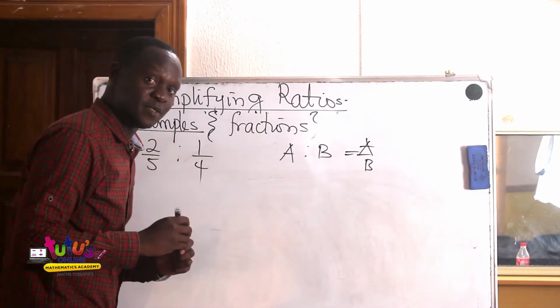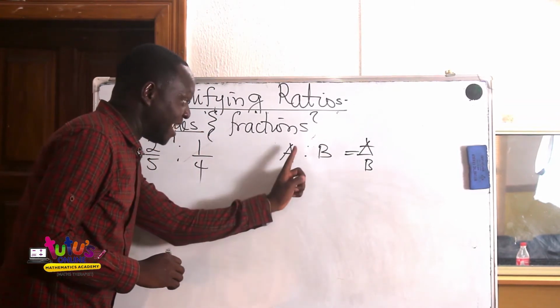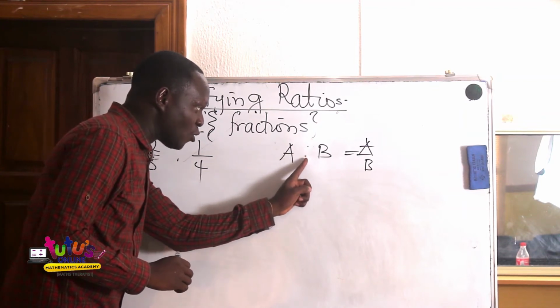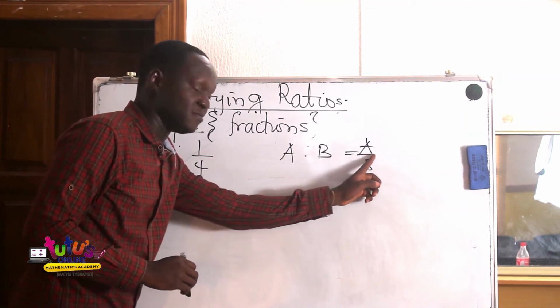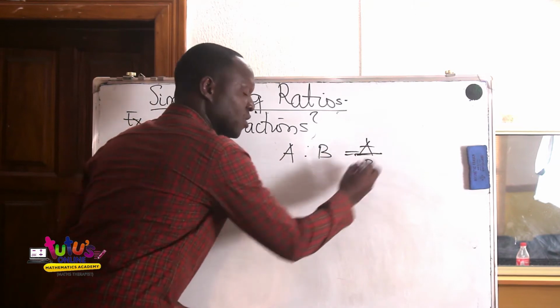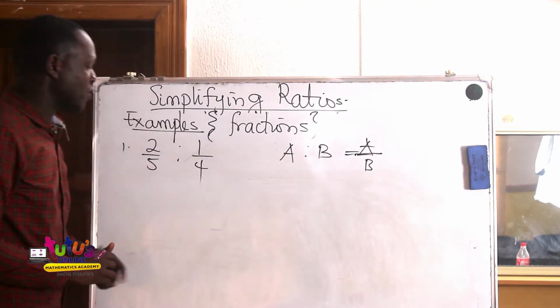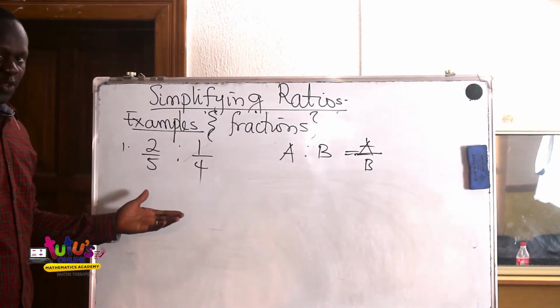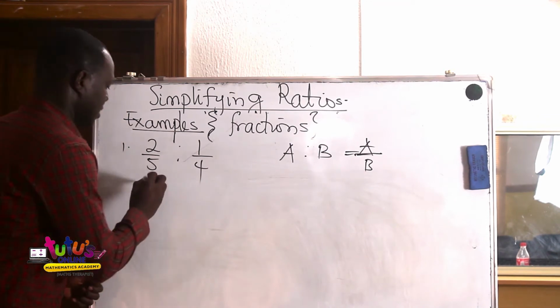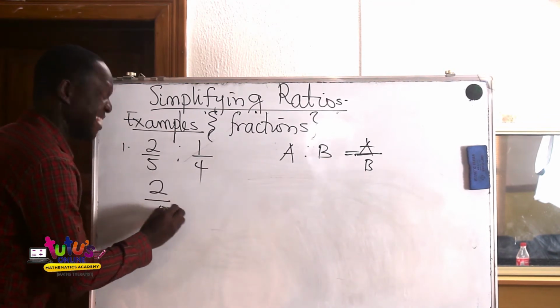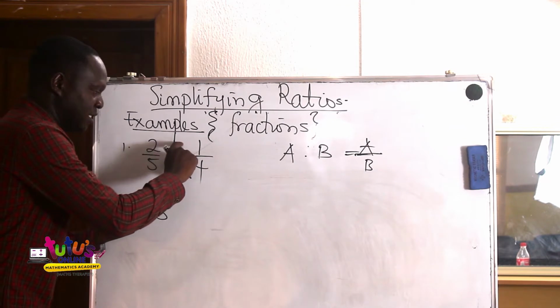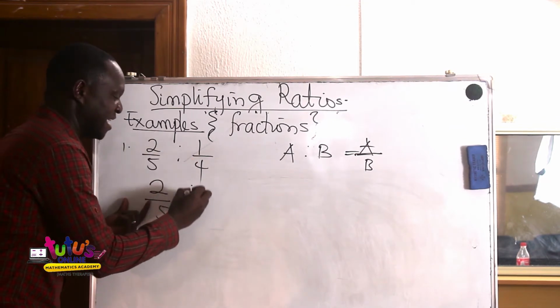That tells you something. Can you see something there? That this ratio symbol means division. This line here means division, our division line, right? So how do we write this? You can say that 2 over 5, since it's a fraction, this symbol is going to be divided by